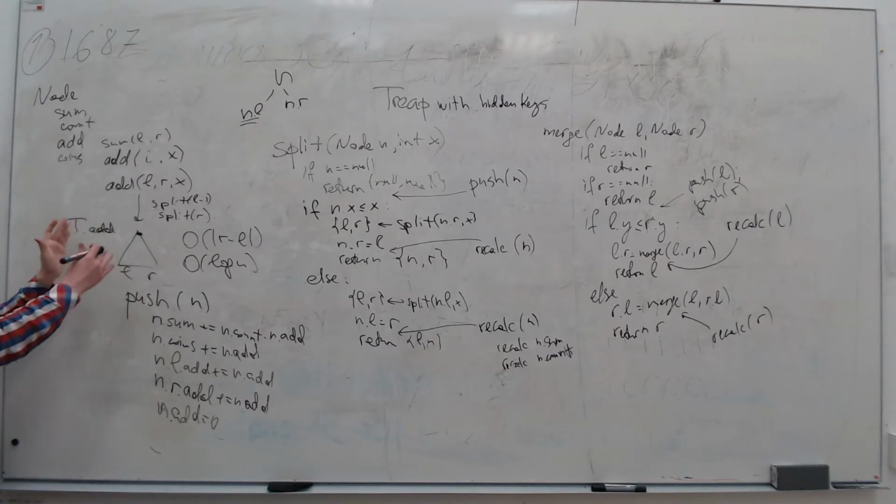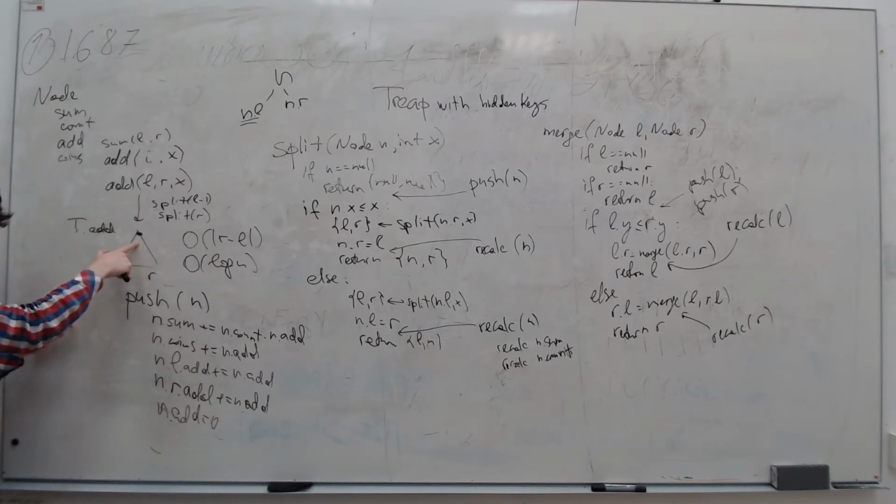So simply you split left, you split right now, and because of your pushes, you visited this node already, and it was propagated to the children. So in n.sum, you will get the proper answer. I will give you a little bit of time to try to understand what I wanted to tell you.